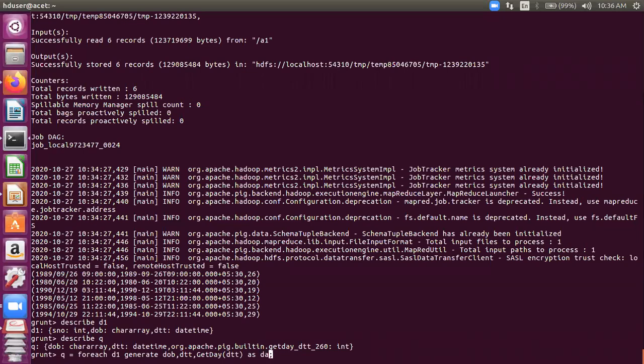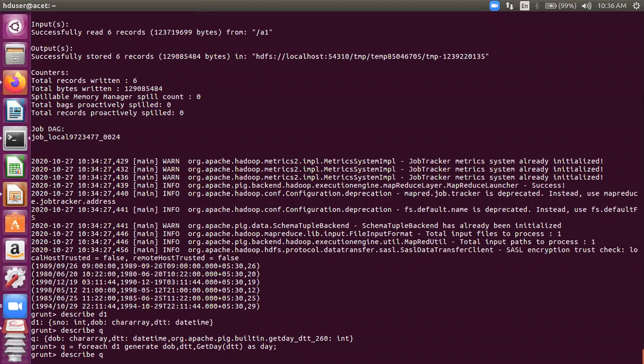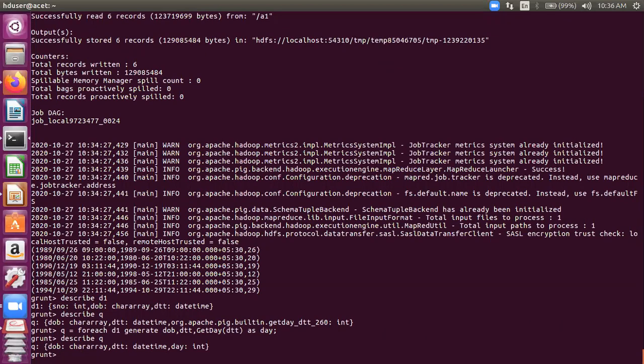So you can give a name here, say, day, okay? And if you describe now, you can see day, and the data type is picked up because the get day function returns an int, so it automatically becomes int. This is important for you to learn. For each is a very, very strong operator. It will help you do most of the queries, whatever analytics you are doing, you would be easily able to do with for each. The functions are there for your support, but how to use for each with them, that is the challenge.